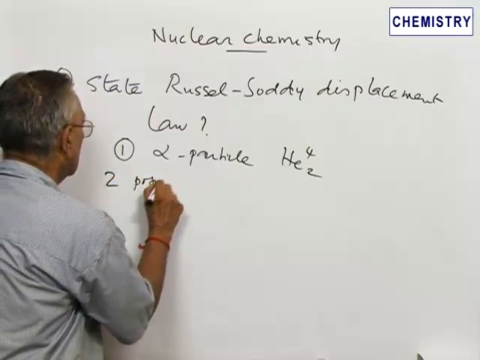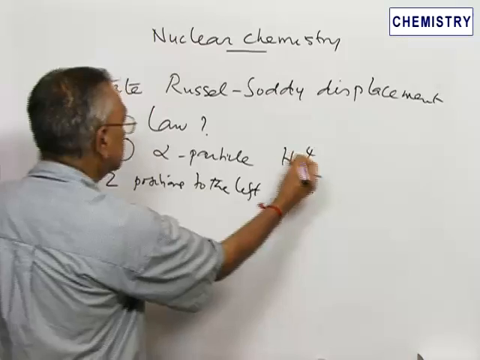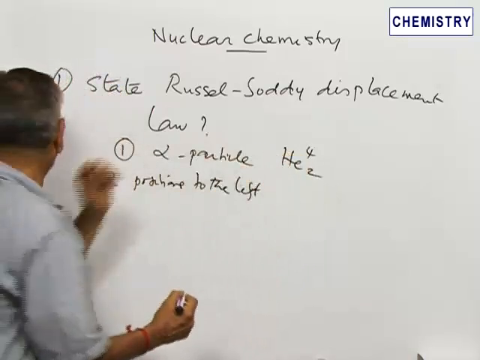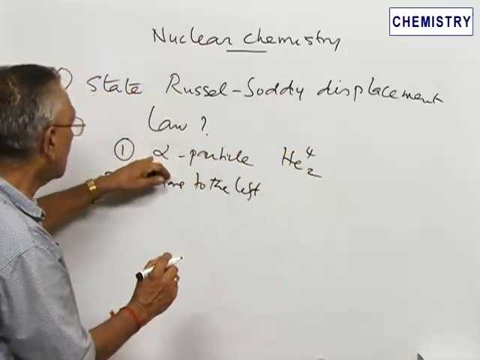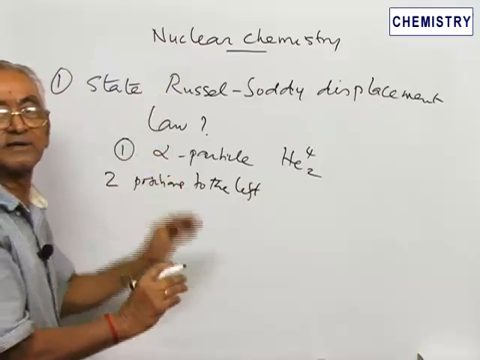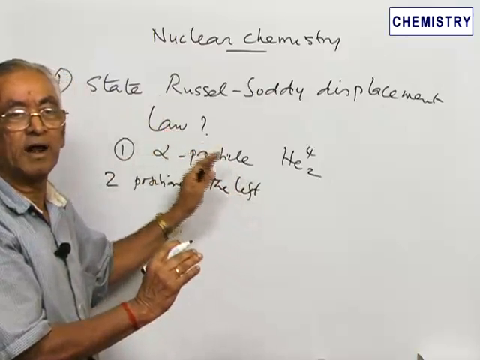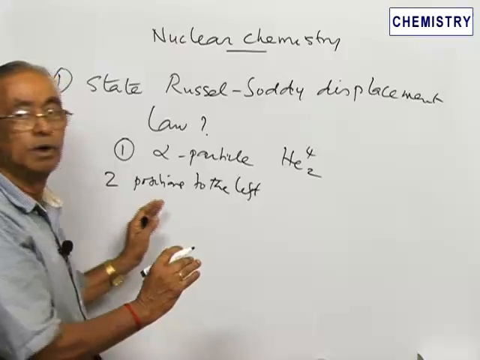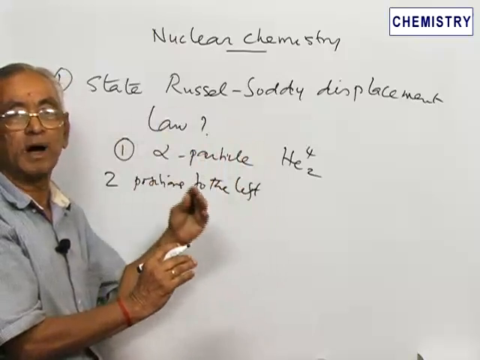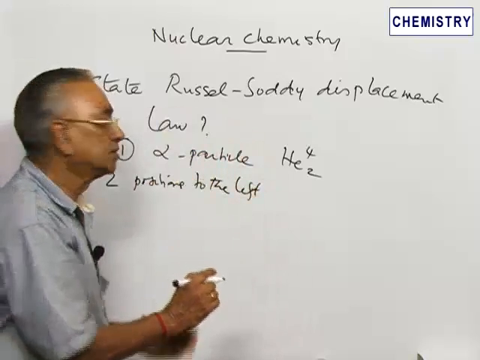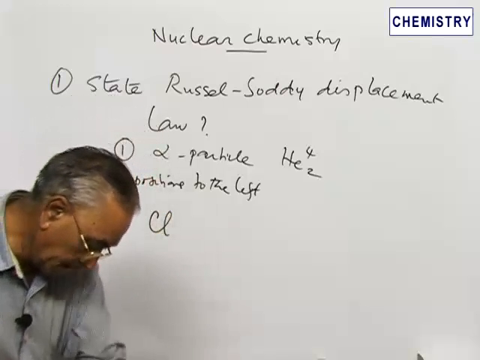Two positions towards the left, and in terms of mass it goes back by 4 atomic mass units. A very simple example is the loss of an alpha particle. The first law says that alpha particle emission leads to an element which is 2 positions to the left of the original position, and in terms of mass it is 4 units behind. A typical example of this is uranium 92